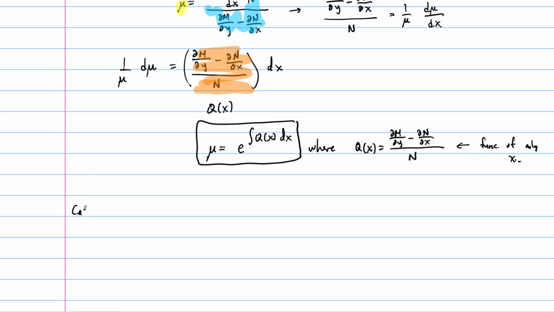Now, case 2 would be that the same thing would be true, but with respect to y. So in this case, I'll let you work out the details here. I'm going to make this a recommended exercise. But in this case, the following would be true. So let's say we called this one q. So let's call this q hat. If q hat of y, so if this function right here is a function of just y, so again, it's going to be dM/dy minus dN/dx over negative M. So if this is a function of only y,